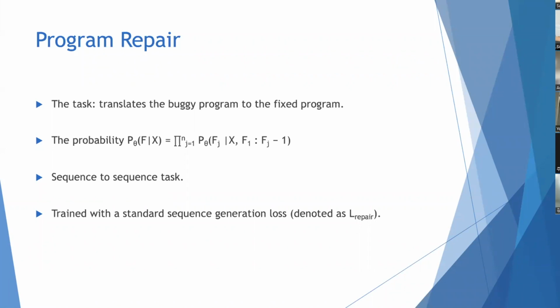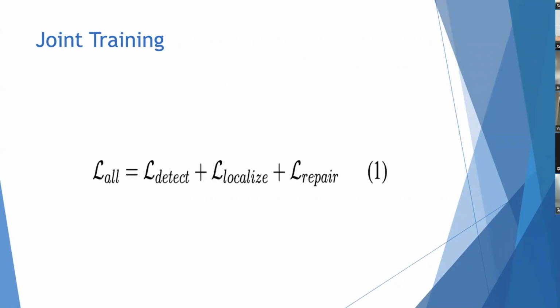Since all of these tasks are highly related and complement each other, they tried combining their losses in an end-to-end manner, and hence they try to prove that after adding all three losses and working on them simultaneously, their model could perform well. So this paper is all about combining all three detect, localize, and repair processes together to generate the patches.